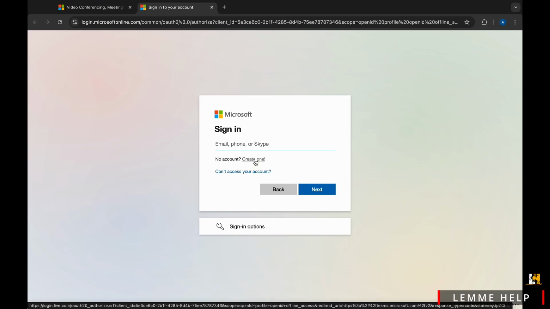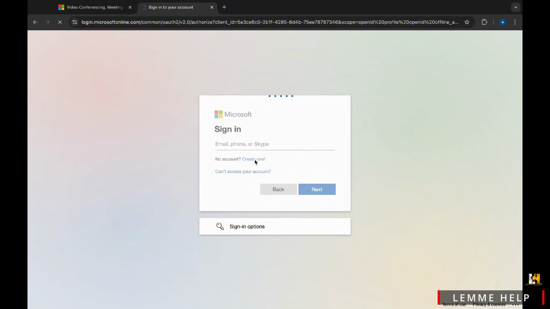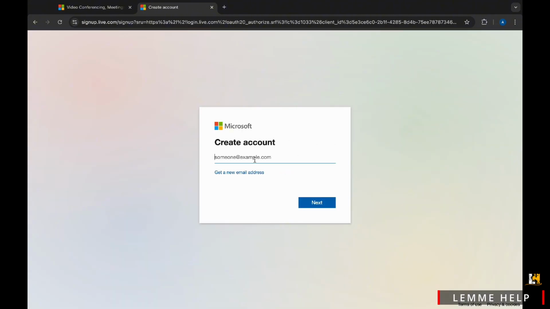After you tap on Create One, you will have to enter your email address, or you can choose to sign up with your phone number as well, and create a password, fill in your name and other details, and you will receive a verification code via email or phone, and you will have to enter that code to verify